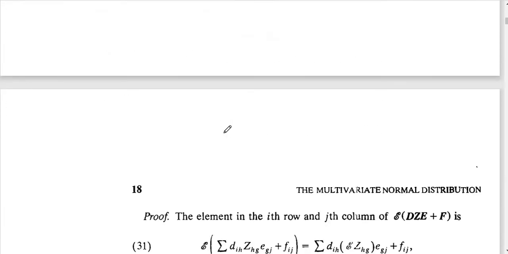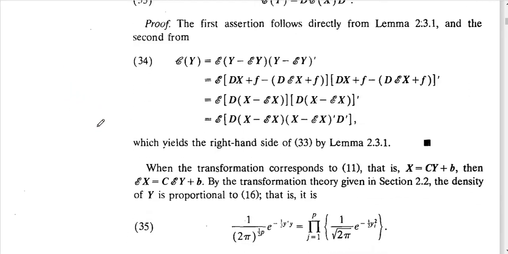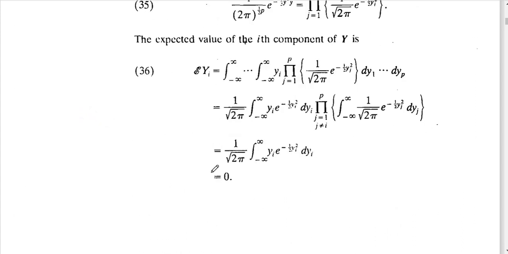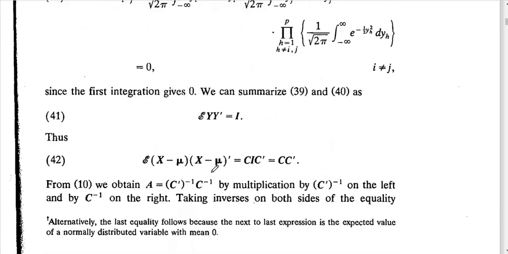Okay, up to now we discussed all these things. Now we are going to discuss the parameters of the multivariate normal distribution. We know that the parameters are mu and sigma. Now we are going to find the formula for that. I will show you the formula for how to find the parameters.